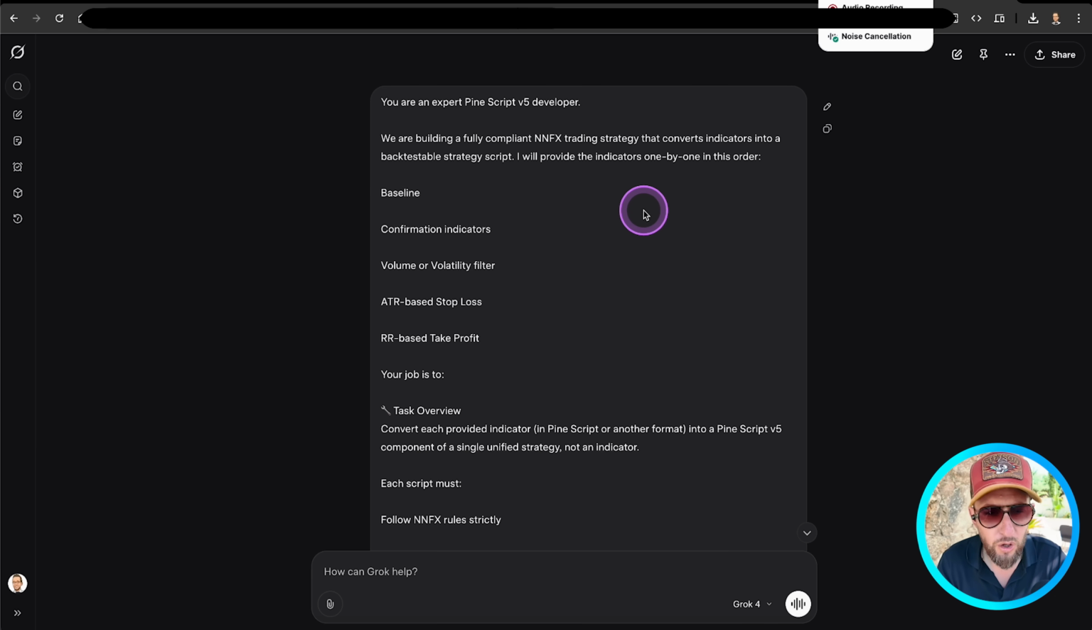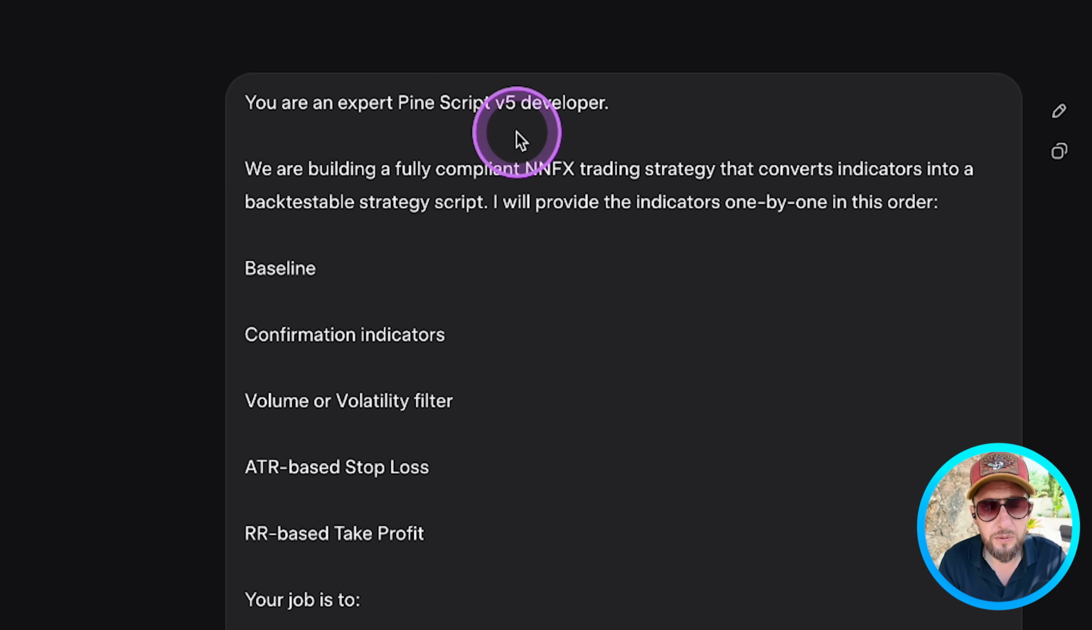Okay, back to Grok. What we're going to do is ask Grok to act like it is a Pine Script developer, Pine Script 5, as I said earlier. We've asked it to build strategies fully compliant with the NNFX strategy systems, converting the indicators that I give it to backtestable strategies. So we're going to be giving it indicators